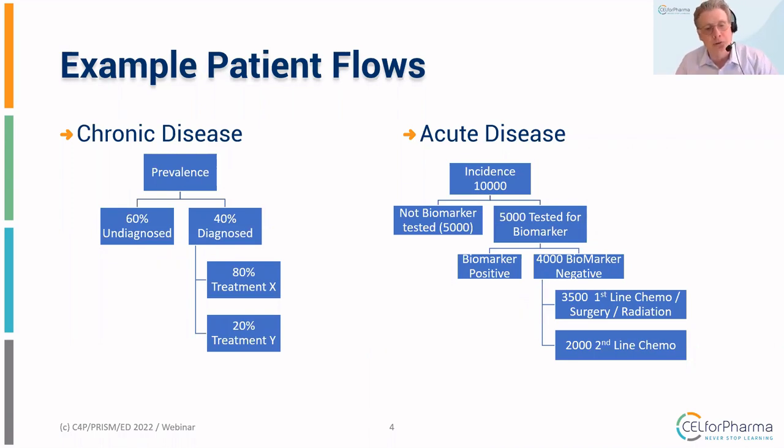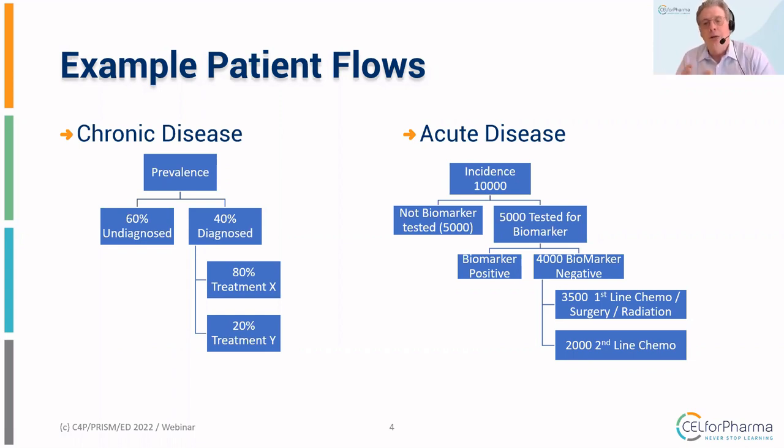You have a certain prevalence, maybe only 40% diagnosed, 60% of the patients not diagnosed, 80% of those diagnosed patients get treatment X, 20% get treatment Y. In an acute disease, you would have, for example, an incidence of, let's say, 10,000 patients, 5,000 of those tested on biomarker positivity, 4,000 of those being negative, and then, for example, 3,500 getting a first line of therapy, which would be chemo, surgery, and/or radiation,